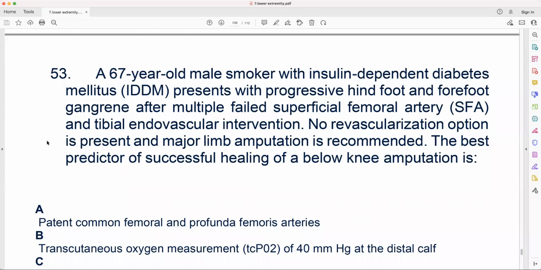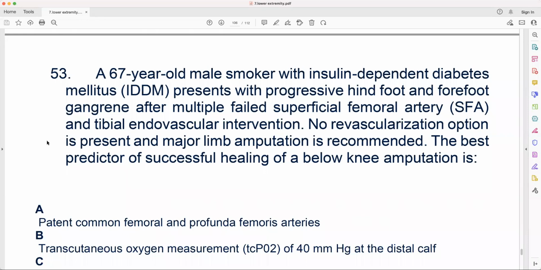Question 53: a 67-year-old male smoker with insulin-dependent diabetes presents with progressive hindfoot and forefoot gangrene after multiple failed superficial femoral artery and tibial endovascular interventions. No revascularization option is present, and major limb amputation is recommended. The best predictor of successful healing of below-knee amputation is